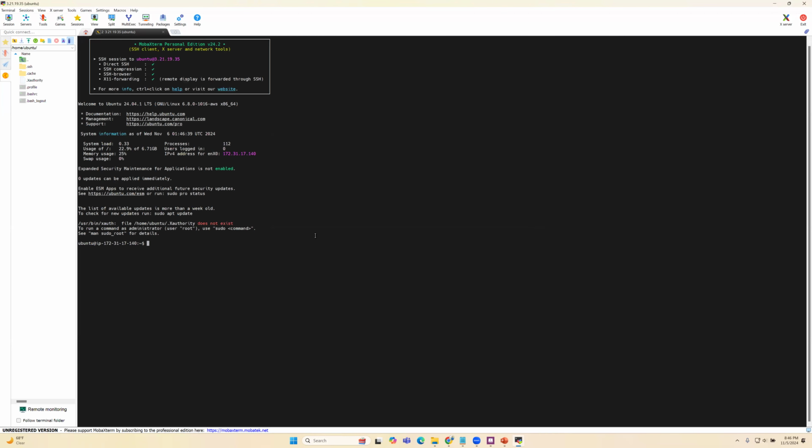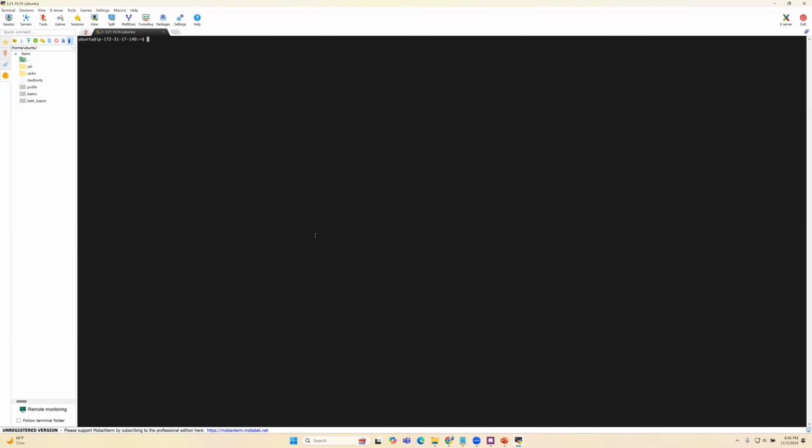So as you know, right now I'm inside this terminal. I'll make it bigger. So this is a brand new server. So what I do, I will just install the dependency, also install the Docker. So to do that, we do sudo apt update